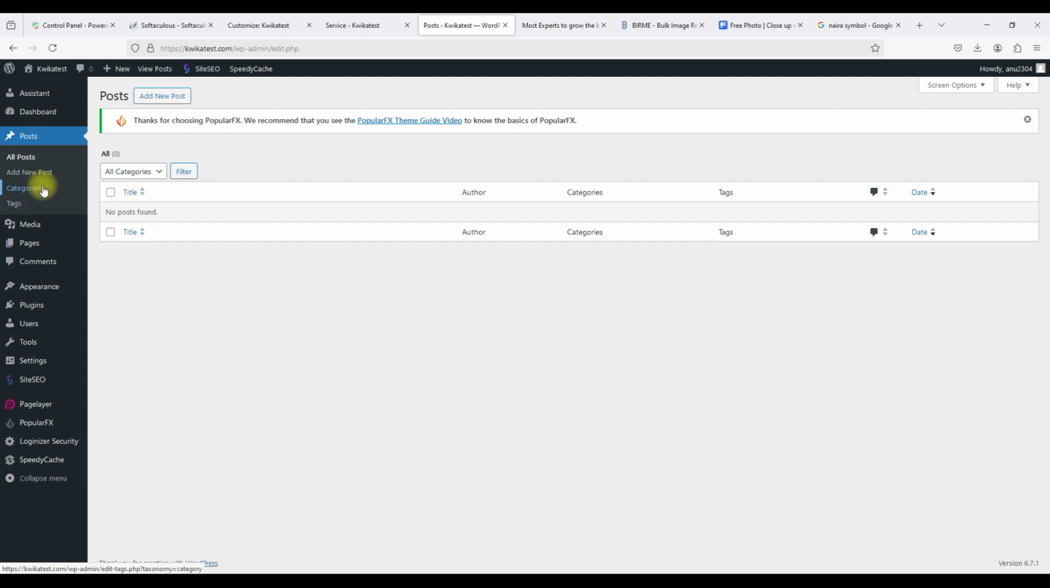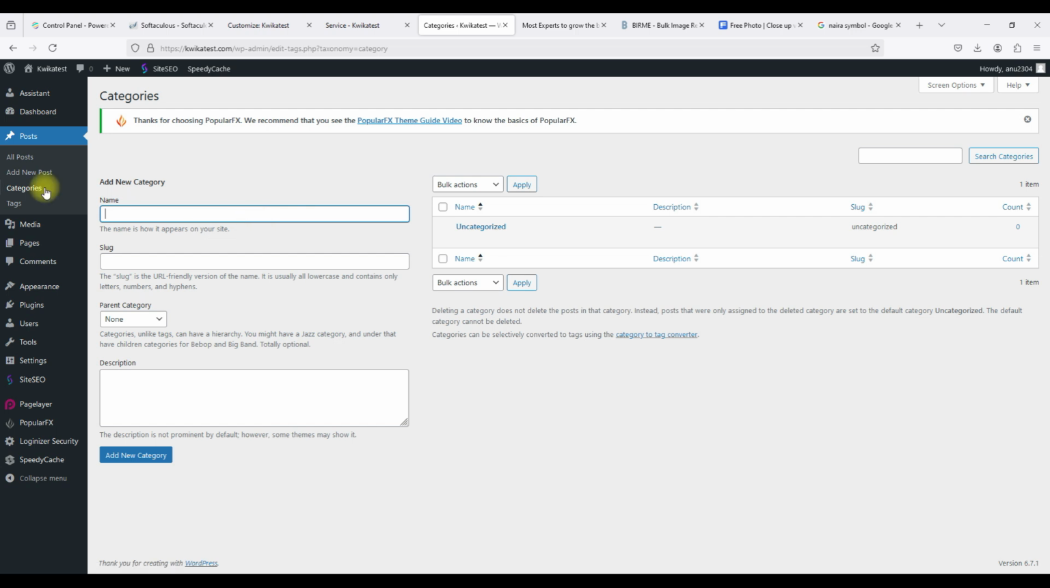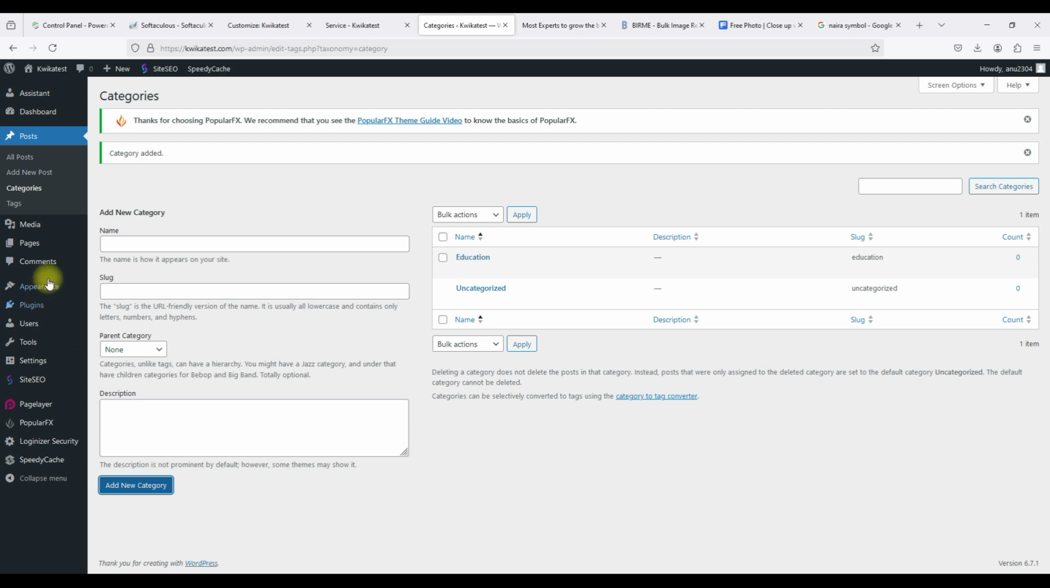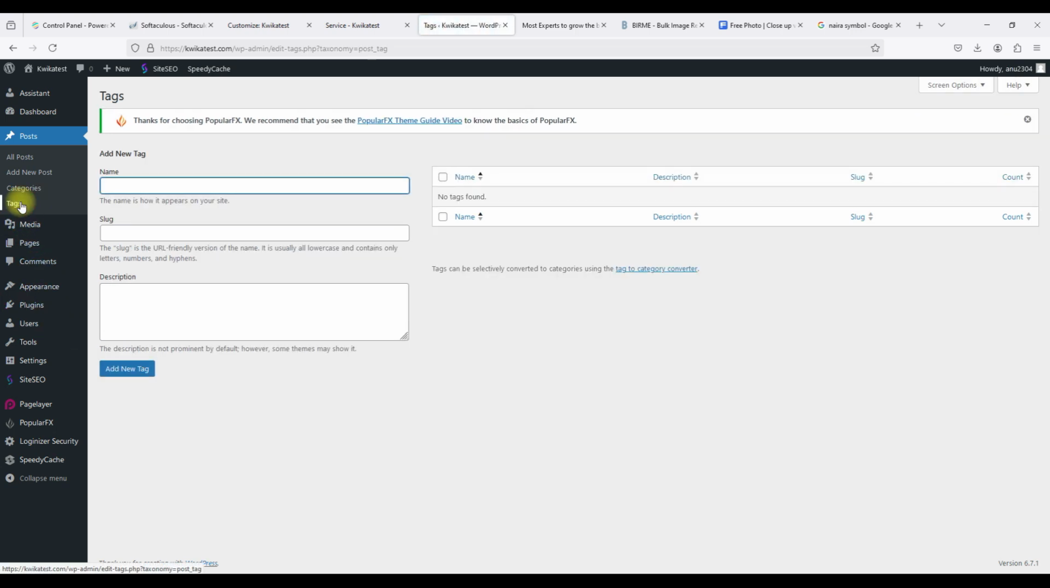The first thing I will advise is you can just create your categories down here. You click on categories, which is what I did, and let's say I'll create just one category for this tutorial. So I'll click on education, and I'll click on add new category, and then tags. For my tags, I'm going to do the same thing. I'll add my tags. I'll say okay, quizzes, add new tags,